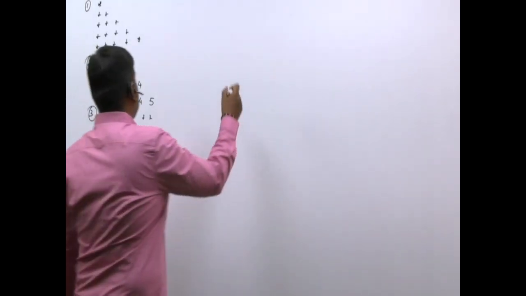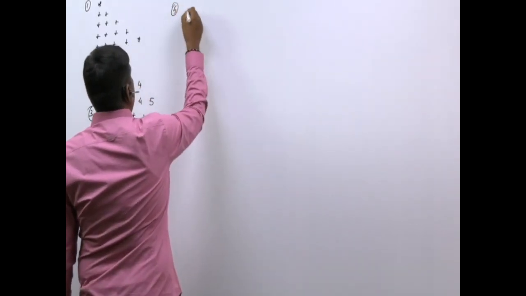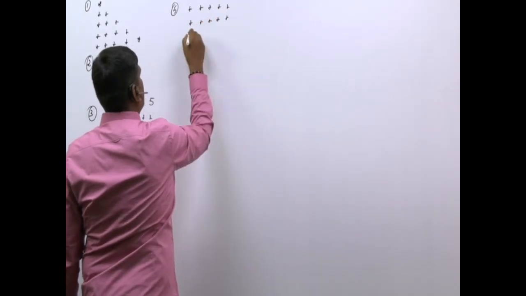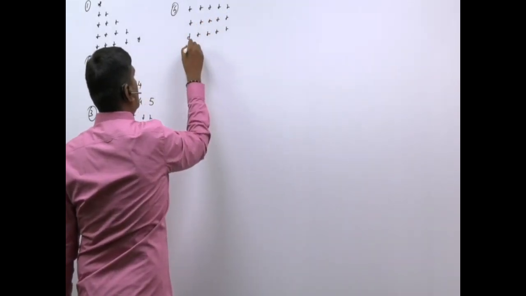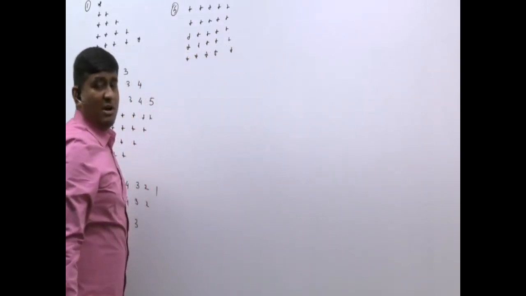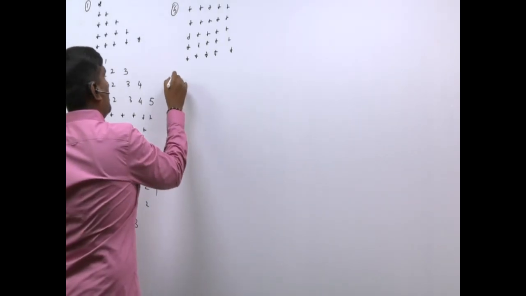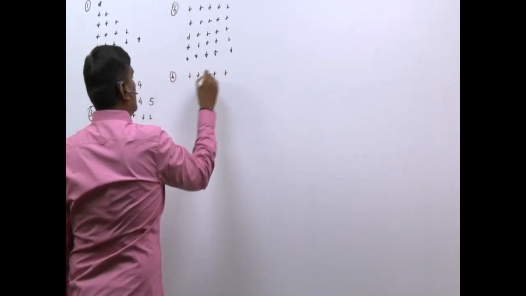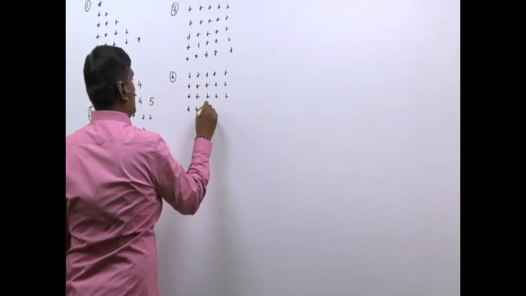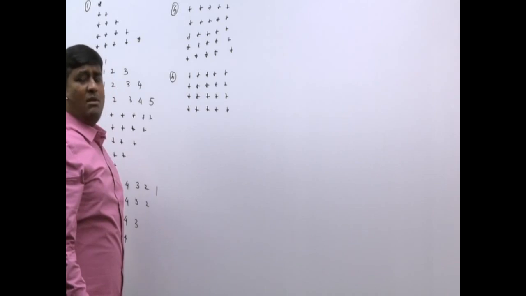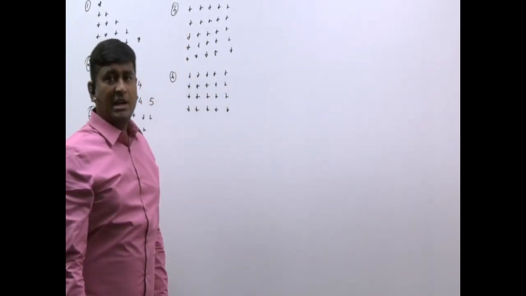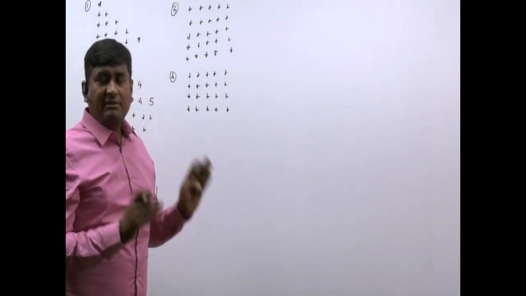Or they may also ask a pattern to display a square, like this. They may also ask you to display a pattern, maybe a rectangle also, like this. Okay, sir, how will we know whether this is a square or a rectangle? Very simple. If the number of rows and number of columns is the same, then it is a square. If it is not the same, it is a rectangle.